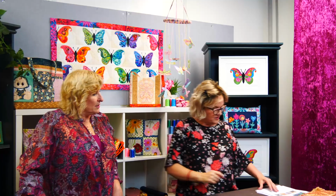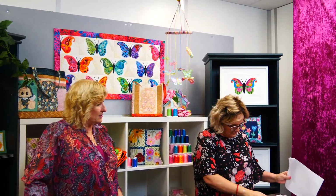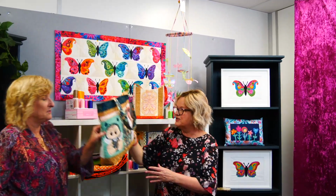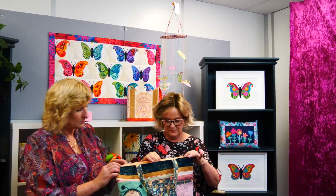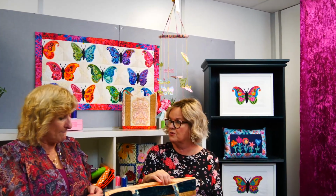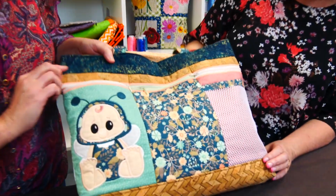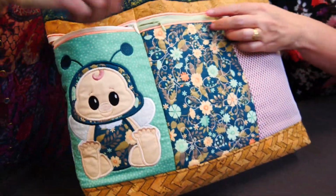So there's one that I forgot to put on, Alice. It's our Bunks Life bag. Yeah, so this is a really old design of ours, but we've redone it all. So the files are all up to date, the photos are all nice and new. So we designed it to be used as a diaper bag or nappy bag. And so there are just heaps of pockets